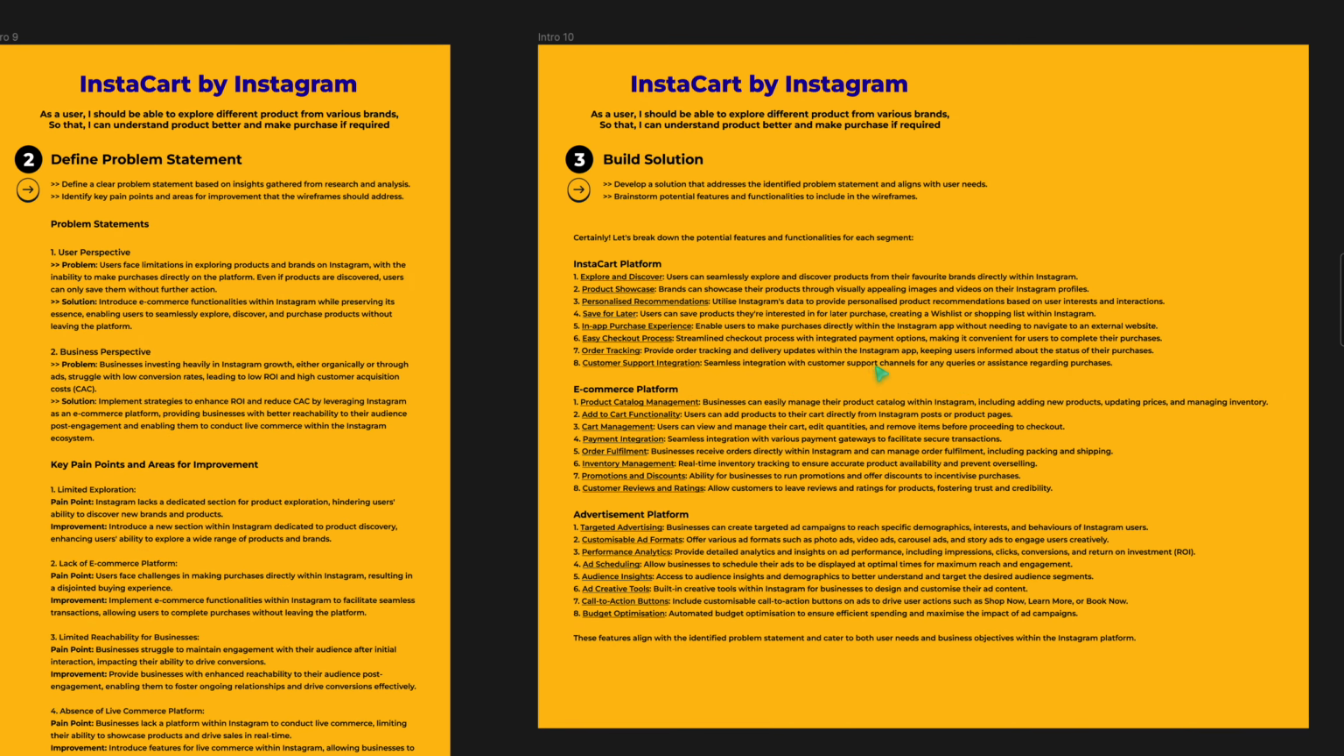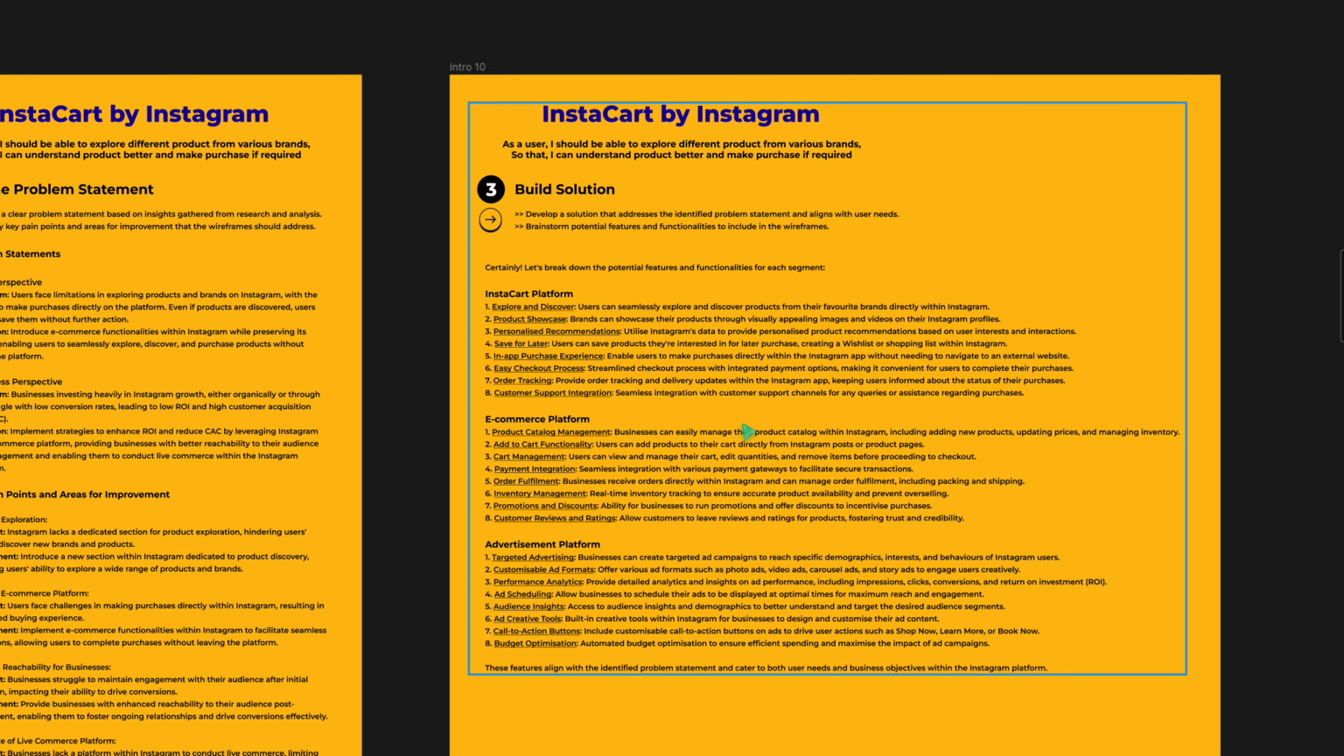Based on that, now you have created a solution which has three major segments, and you as Instacart will have to build three platforms, right? Instacart platform, e-commerce platform, and advertisement platform. This impacts users as well as businesses. Okay, so this is a larger case study, but this is what a product manager's job looks like. Okay, now coming to the point,